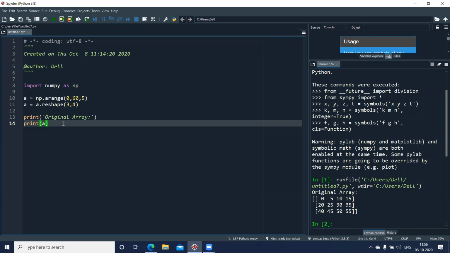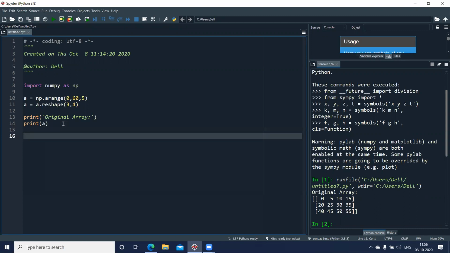Now we are going to see how to move around the array using the object provided by NumPy, and that object is nditer. So I'll come here and write a loop.